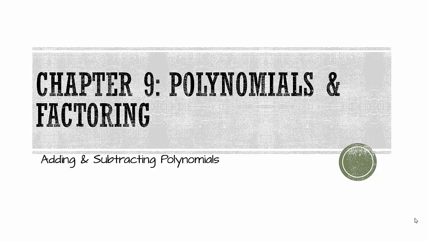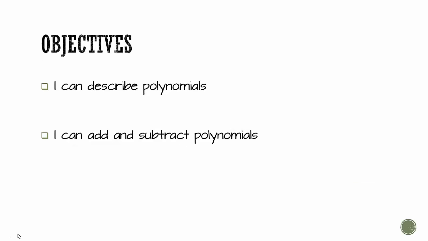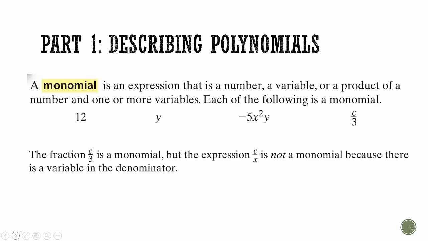Chapter 9 is about polynomials and factoring. So the first thing we're going to learn how to do is to describe a polynomial, and then we're going to add and subtract them. So by the end of this lesson, you should be able to do those two things, describe a polynomial and add and subtract them. So a monomial is an expression that's a number, a variable, or a product of a